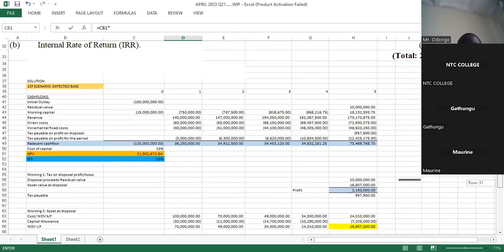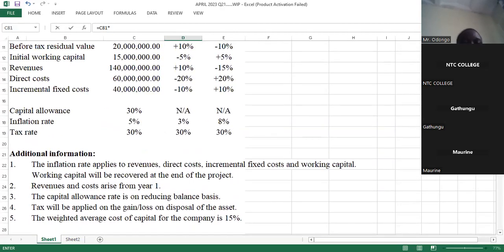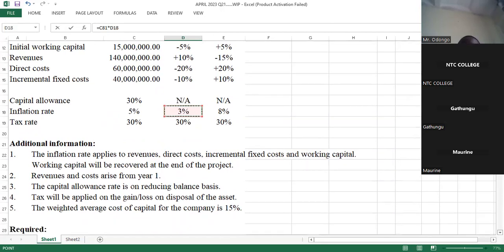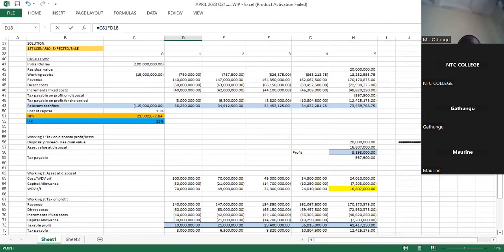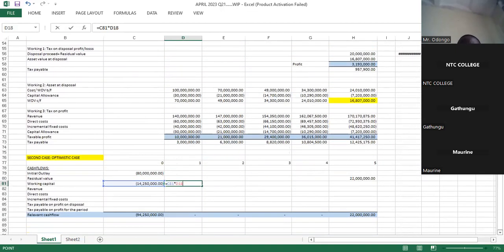When I come back to the question, under the optimistic case, the inflation should be 3%. Under the expected case, it was 5%. But now under the optimistic case, we change that to 3%, so that for year number 1, the increment will be